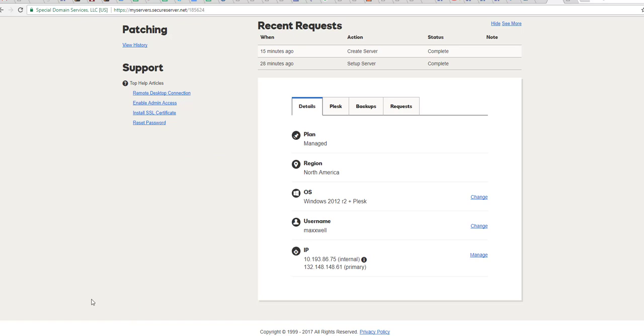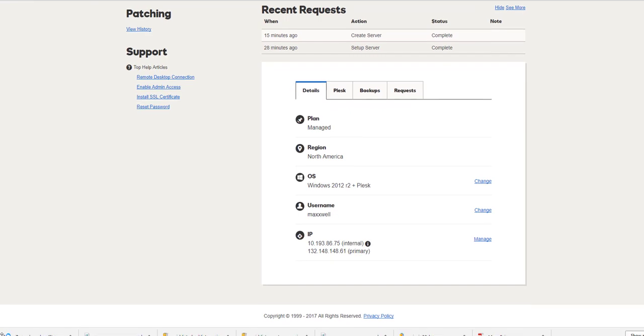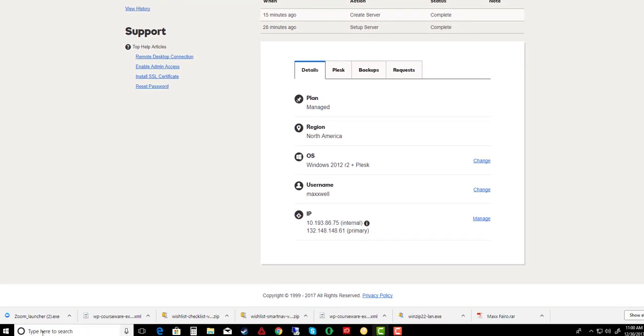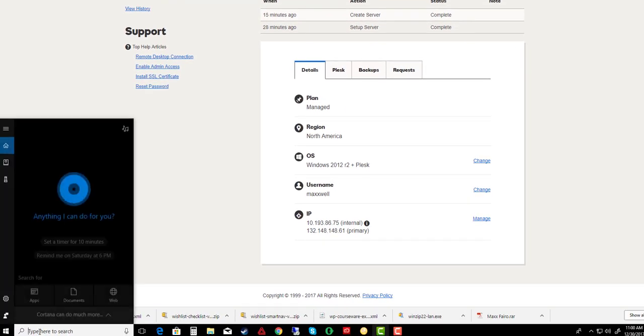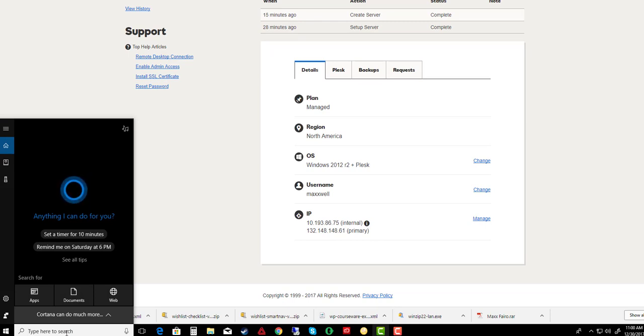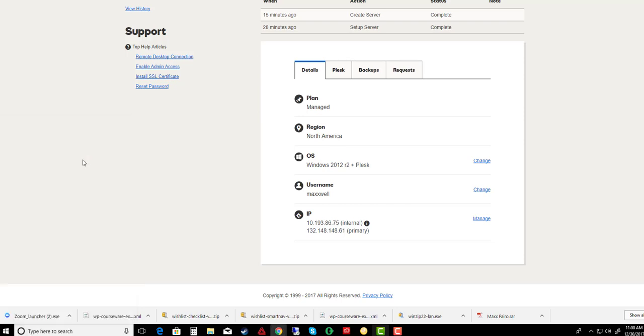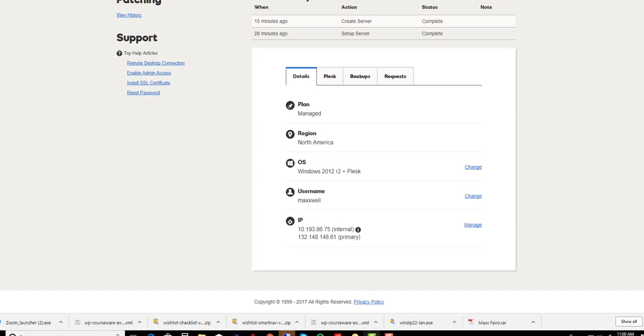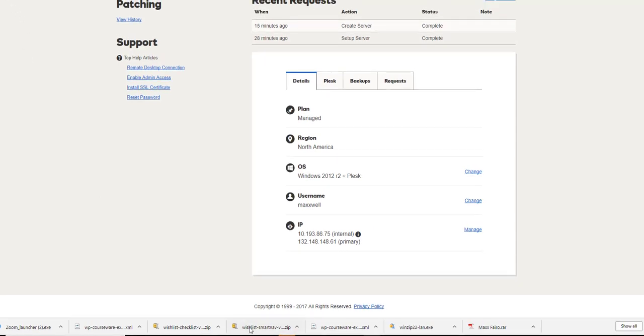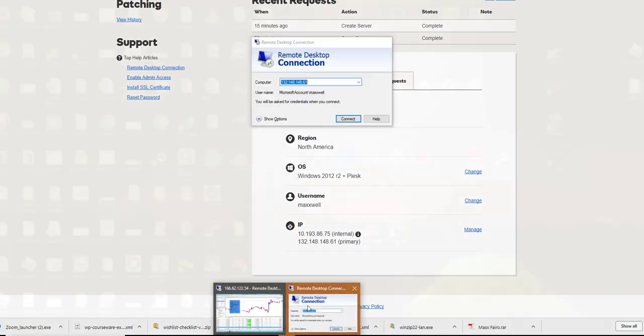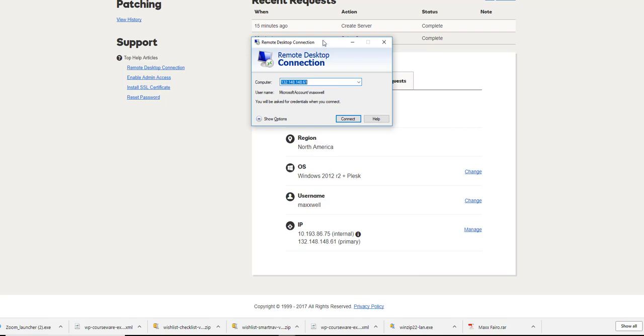Okay, how do you find Remote Desktop? Well, you need to have that program on your computer that you're trying to attach from, which is your home computer, right? So down in your type bar, if you're using Windows 10, it's down here to the left, you're going to type in remote. You just start to type the word, and Remote Desktop Connection is where you're going to find that. I may have another video for those that use a Mac or other devices, but for now we're just using the Windows computer. Okay, I'm going to click on that program,